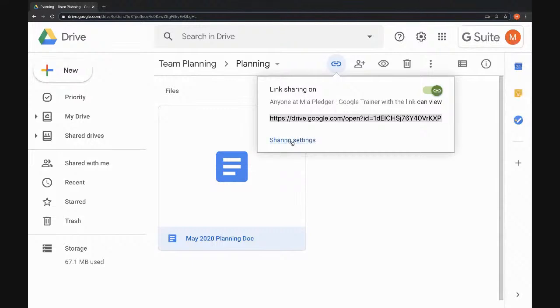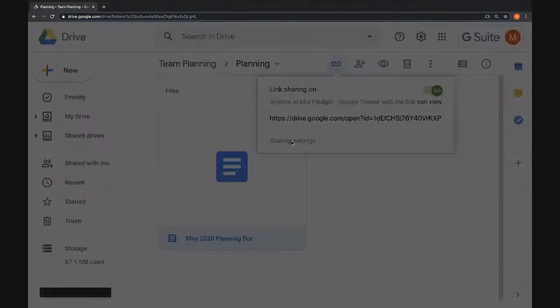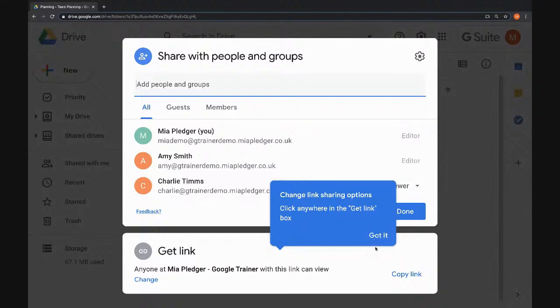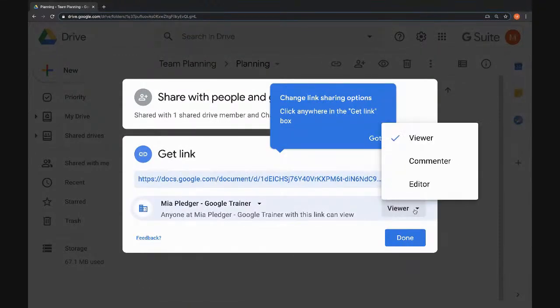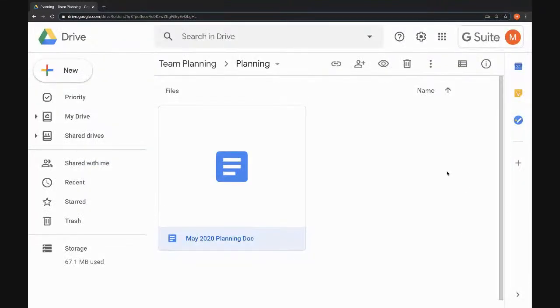Now, if I go to sharing settings down here, I can change that level of access to that link by clicking change. And then again, as when I'm sharing with individual people, I can change that to comment or edit access. Okay, so that's sharing with people in your shared drive and externally to your shared drive.